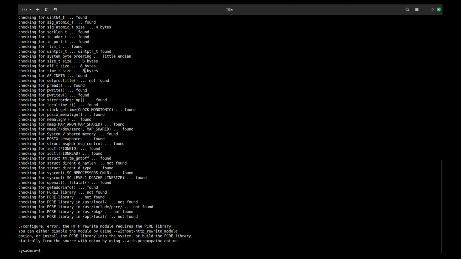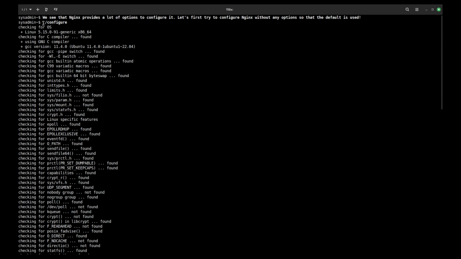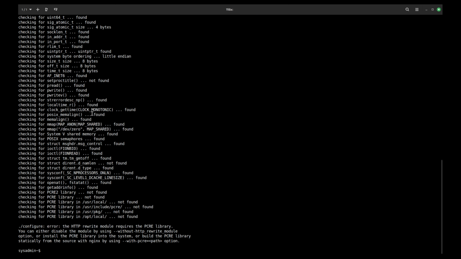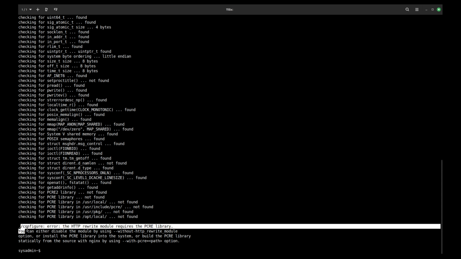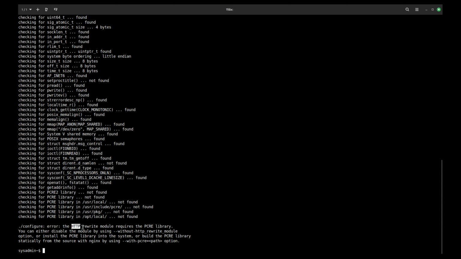Let's do it without any option to begin with. We run the ./configure without any option, but we encounter a problem. We see that there's an error here. The HTTP rewrite module requires the PCRE library, which means that, as we were talking about in another demo regarding DPKG, when installing software from source, the configure cannot resolve any dependencies,